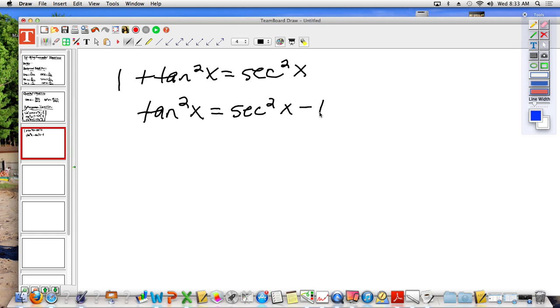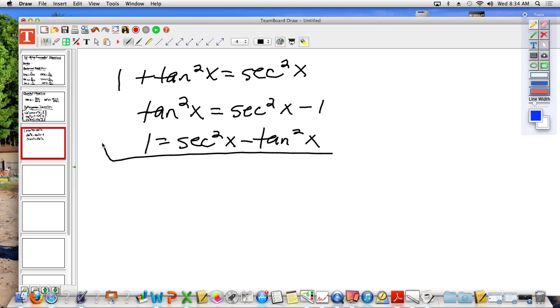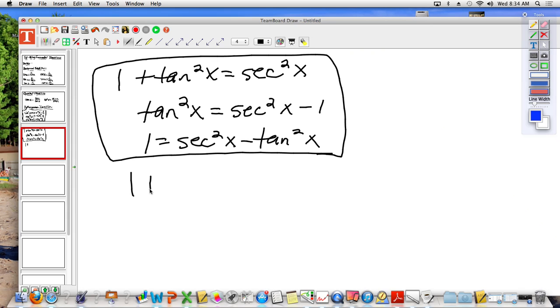But you also could solve for 1 by moving the tangent squared of x. How would I move the plus tangent squared of x? Subtract it. So you subtract it from the left, you subtract it from the right. So 1 would be equal to the secant squared of x minus the tangent squared of x. Put a box around those. The last of the 3 of them is 1 plus the cotangent squared of x